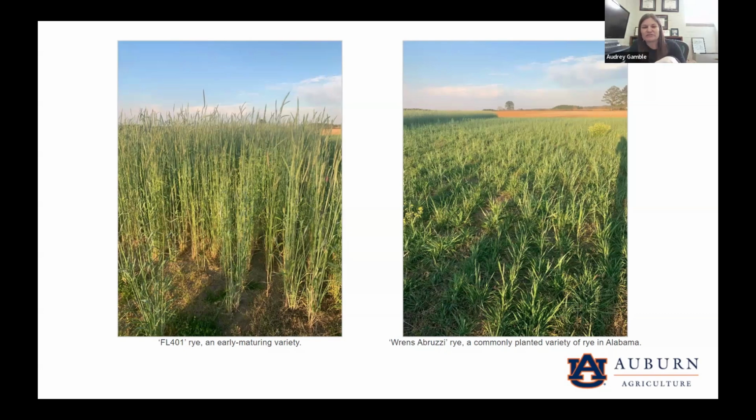But this picture that I took in early March, about a month prior, we can see that the